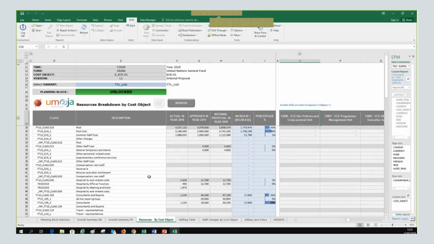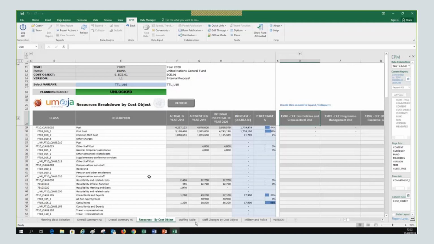Yes, and actually UMV is not in position 01, so you will never see UMV positions in the staffing list because it's actually not part of the staffing list. So we'll have to actually check the class under which we budget the UMVs in our mission, and from there we'll have to go and see in summary 09 or 2.